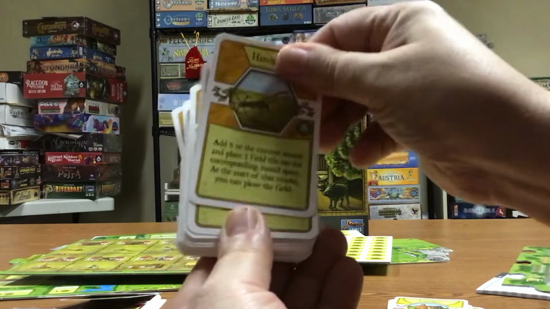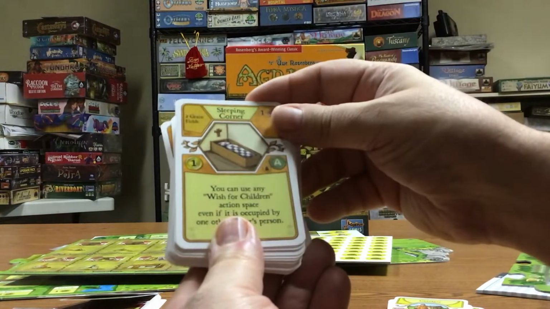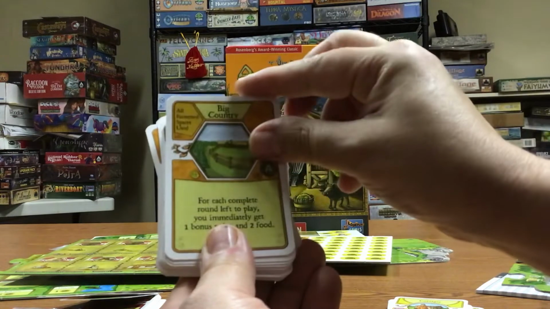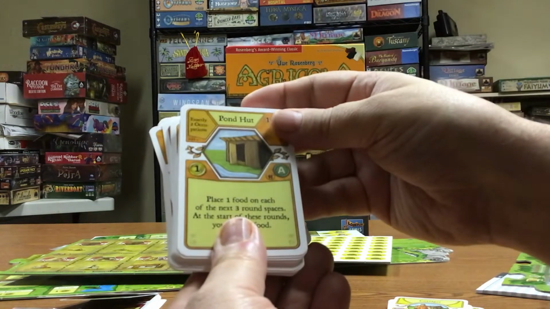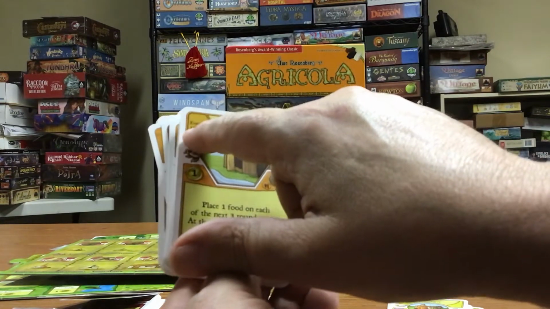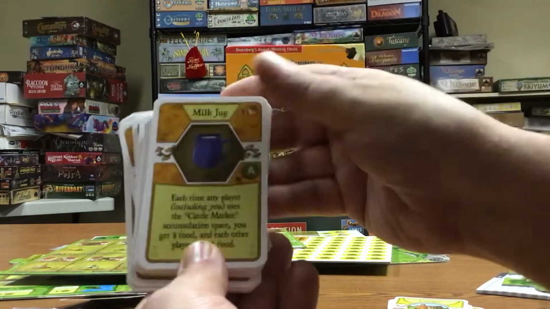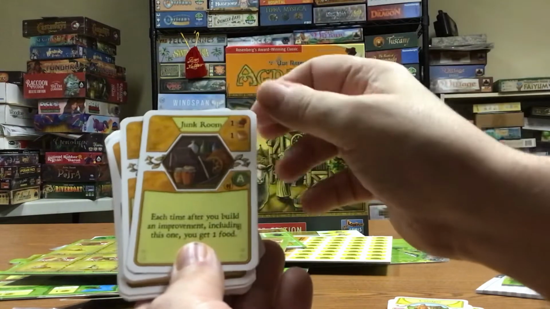Hand plow, threshing board, sleeping corner, manger, big country, wool blankets. Yeah, so they have certain conditions you have to have. So this one, you have to have exactly 2 occupations played. So you've got to watch when you play these cards. Some of them have to have certain conditions to be met. This one doesn't. Milk jug, clay pipe, junk room,